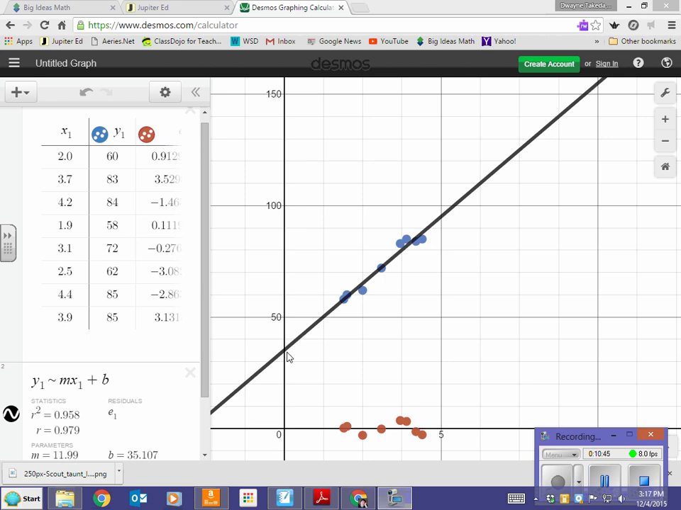The duration of the eruption itself. Okay, but the y-intercept has no meaning here because this idea of 0 minutes really doesn't have any meaning in this context. The next thing we're going to look at is interpolating and